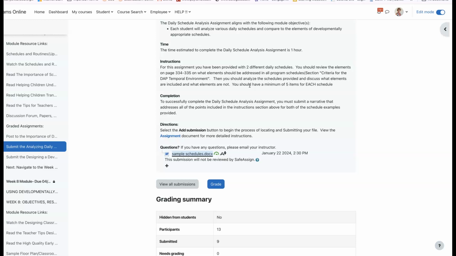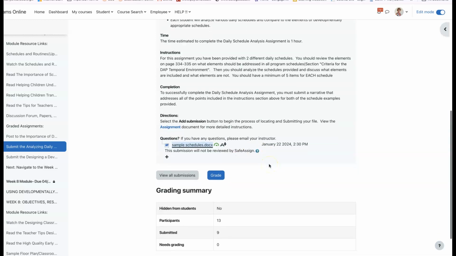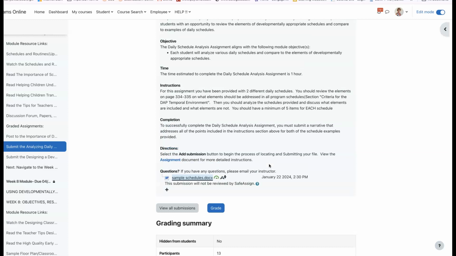It can be a mixture of include and not include, but I'm looking for 5 things that you found. Also, the same thing for Schedule 2. You're going to look for things that are included and not included, and you should come up with 5 items. Again, it can be a combination of what's included and not included. So take your time. If you're not satisfied with your grade, you need to redo this assignment. Because this is important information.